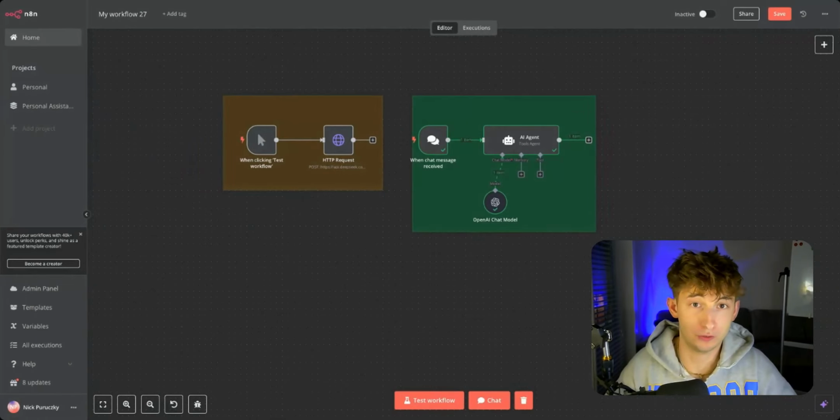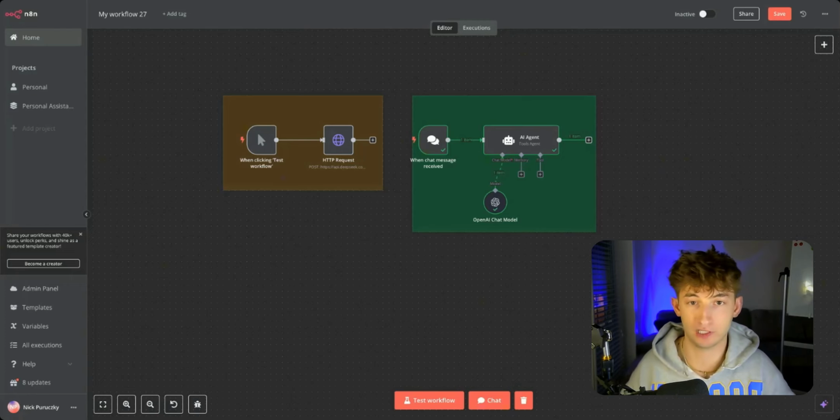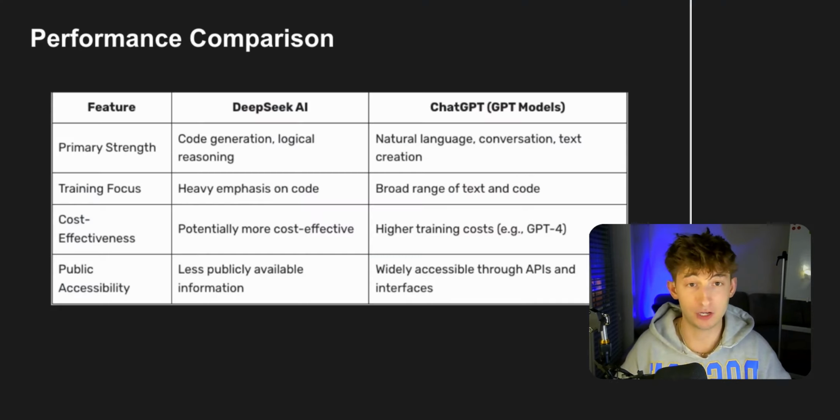In this video, we're going to dive into the world of DeepSeek and explore the new model V3, which is kind of the groundbreaking AI model that's taking the tech world by storm, to be honest. So when I first heard about DeepSeek, I was pretty skeptical, just another AI model, what could possibly set it apart. But I dug a little bit deeper. I've seen everybody make videos on this on YouTube, and I'm actually discovering that V3 is not just another player in this AI game. It's actually a potential game changer.